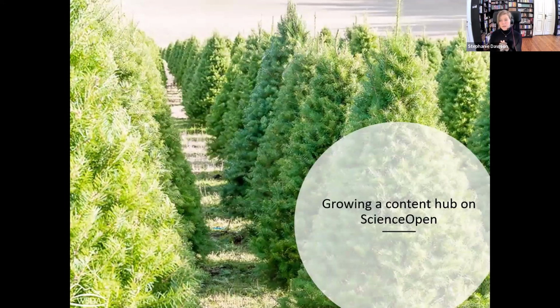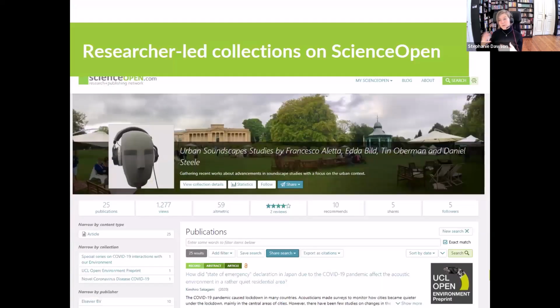So there's one more feature that I would like to discuss, and that is what I would call growing a content hub on Science Open. So really not to try and think about how you can put your journal in the context of the other content that is related. So researchers on Science Open can apply for editor status, and then they can create